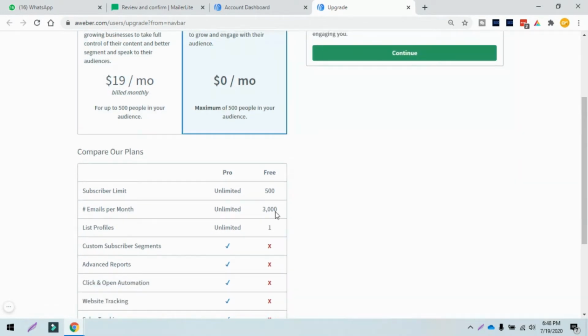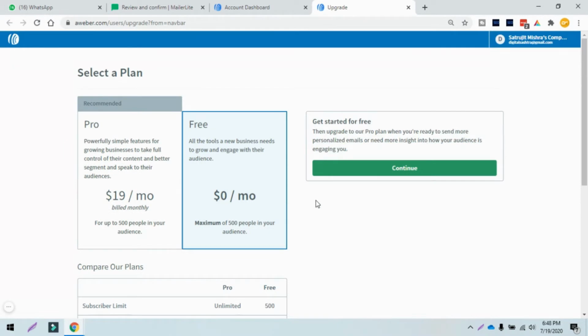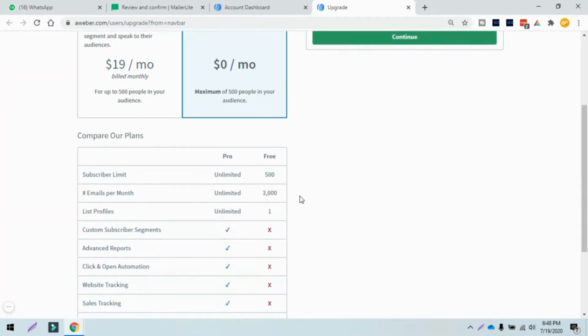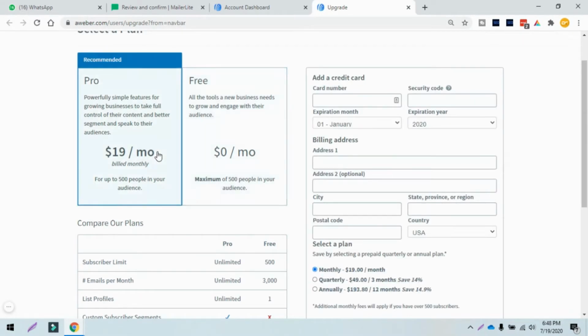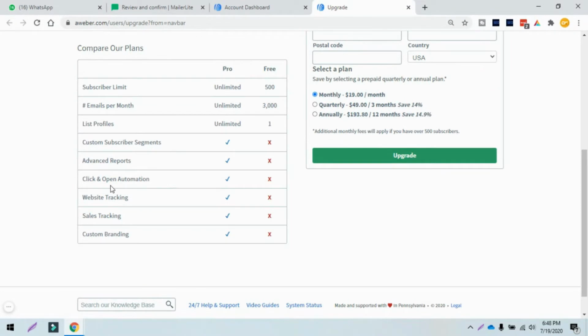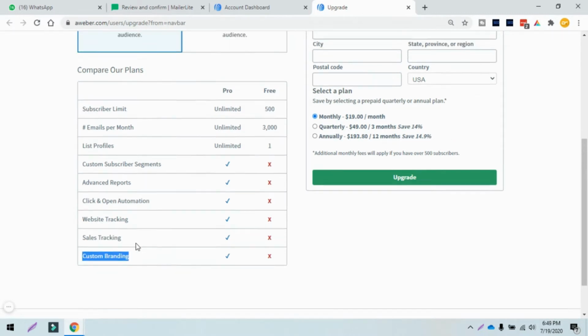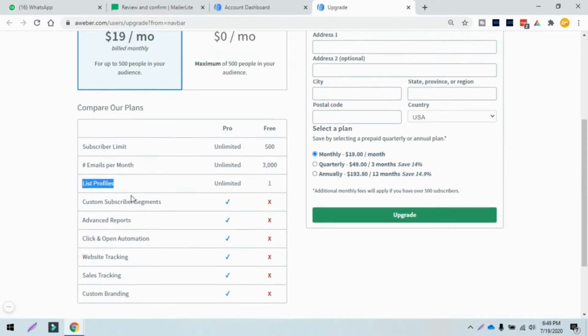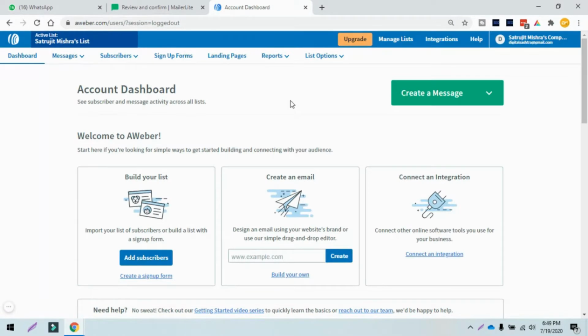In the free plan, you can send 3,000 emails to 500 people. So this is a good spot to start if you don't have a budget. If you have some budget, then obviously go with the paid plan because they will give you automations and advanced reports, website tracking, sales tracking, custom branding, link profiles, etc. Let's get back to the dashboard.